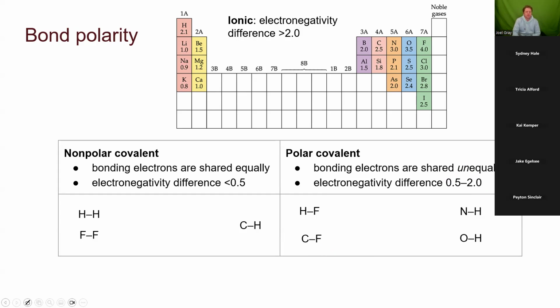And then, last but not least, oxygen to hydrogen. Oxygen is 3.5. Hydrogen is 2.1. 3.5 minus 2.1 is going to be 1.4. Is that between 0.5 and 2.0? Yes, it is. Okay, so what I'm getting at here is basically saying that not all of our